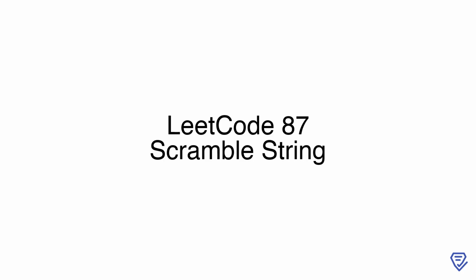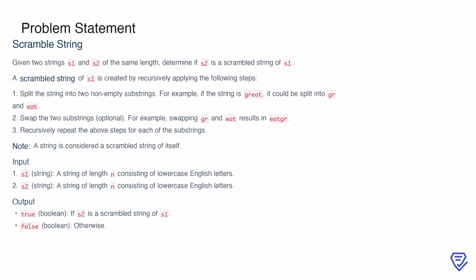Let's get started. The problem asks us to determine whether one string, s2, is a scrambled version of another string, s1. Both strings have the same length, and s2 is considered a scrambled string of s1 if it can be created through a series of specific operations. These operations include splitting the string into two non-empty substrings, optionally swapping those substrings, and then recursively applying these steps